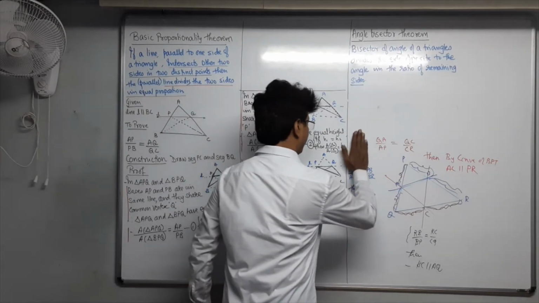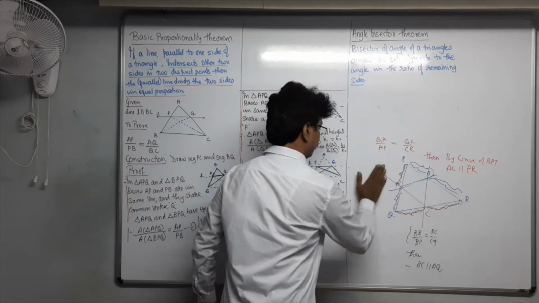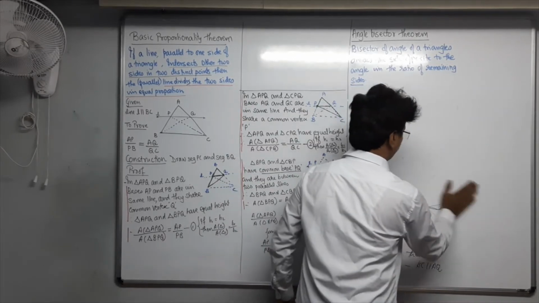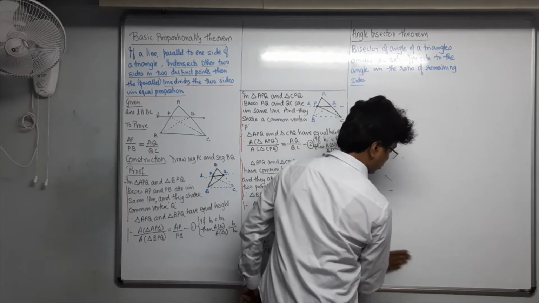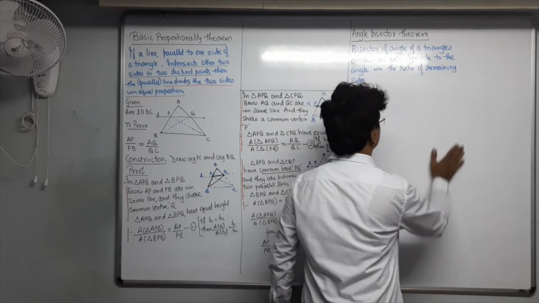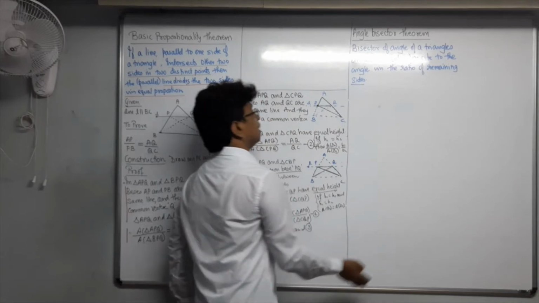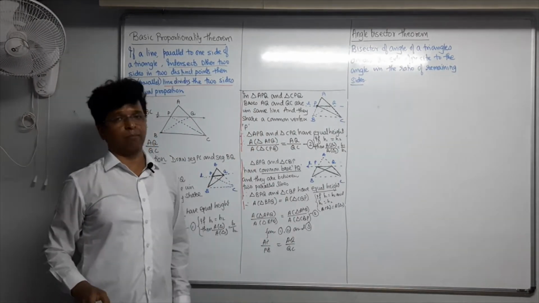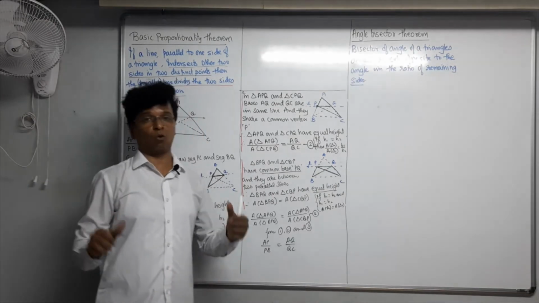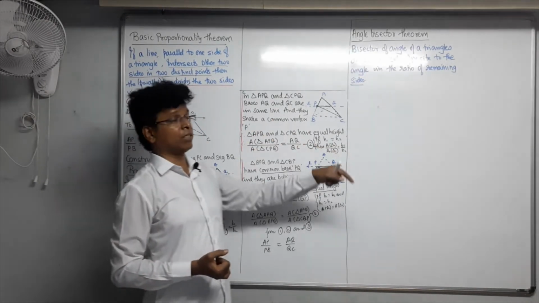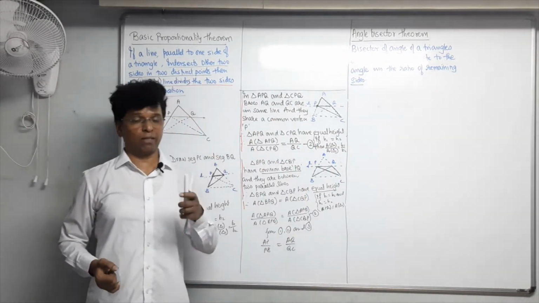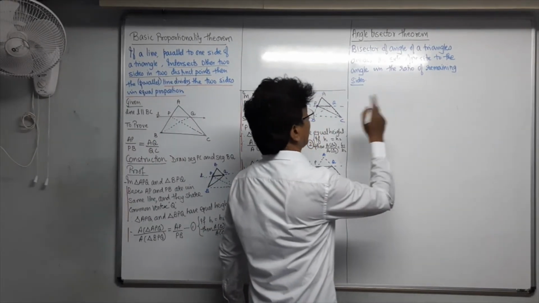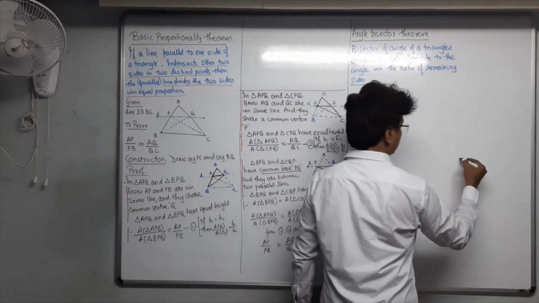So we have understood BPT and we have understood converse of BPT, and now we will go to the angle bisector theorem. This is a very important theorem. Again, you get many questions based on this. You hardly get to prove this theorem, but we have to prove it for our own knowledge first of all. And this can come in a question form, not in a theorem form. What does this theorem say? Bisector of angle of a triangle.